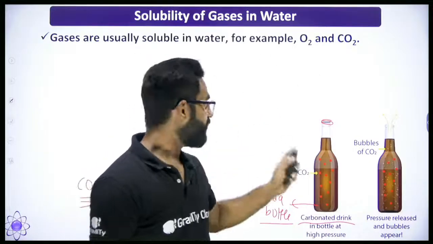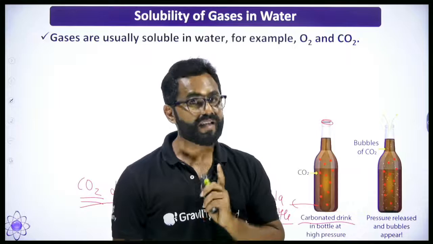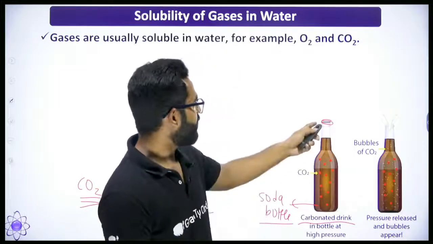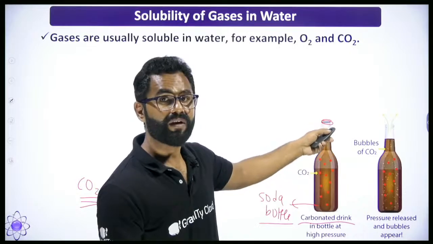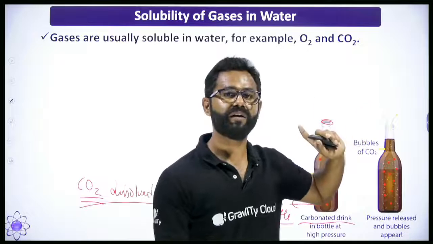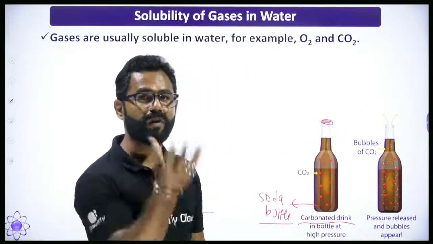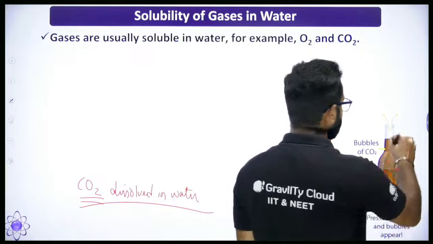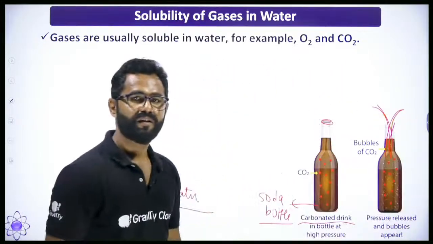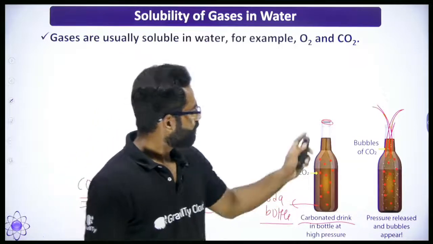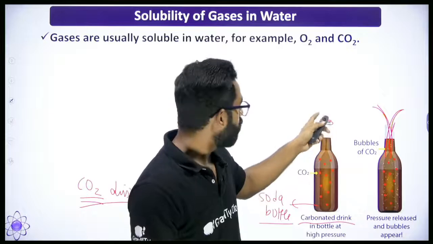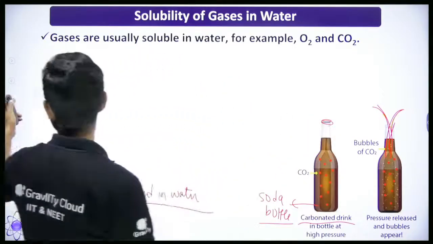So if the bubbles are coming out, that means what? That means the gas was soluble in water, right? When there was a cap, the gas was actually soluble in water. But the moment you remove the cap, what will happen? The gas bubbles will come out like this. Simple. What did we do? In this case, when the cap was there on the surface of the bottle,